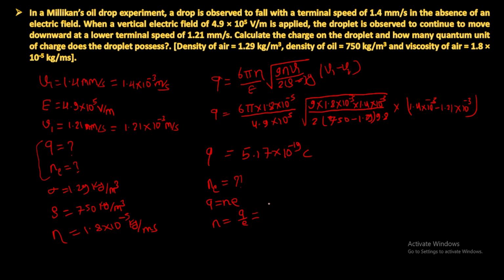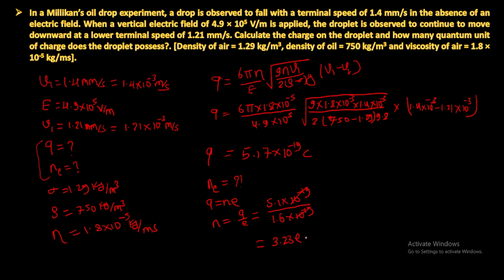The total charge we already found, 5.17 into 10 to the power minus 19, divided by the charge of the electron, 1.6 into 10 to the power minus 19. The 10 to the power minus 19 terms cancel each other, and by dividing 5.17 by 1.6, we will get here